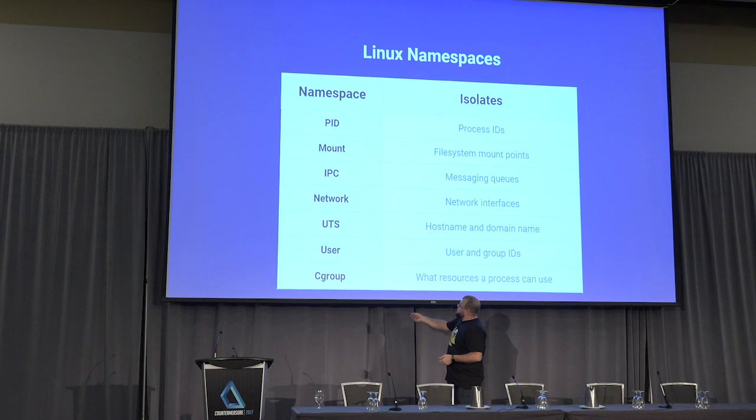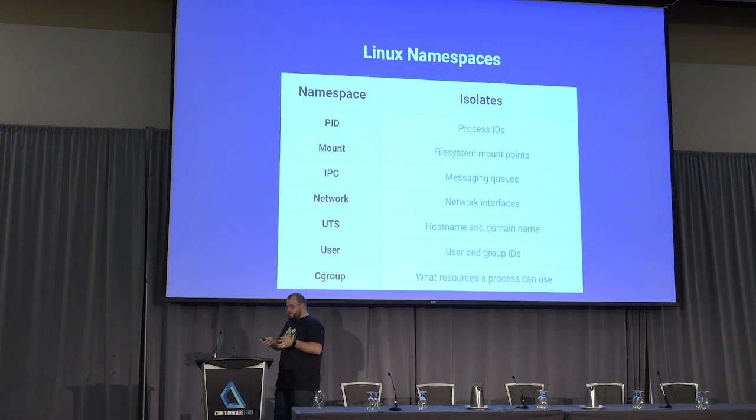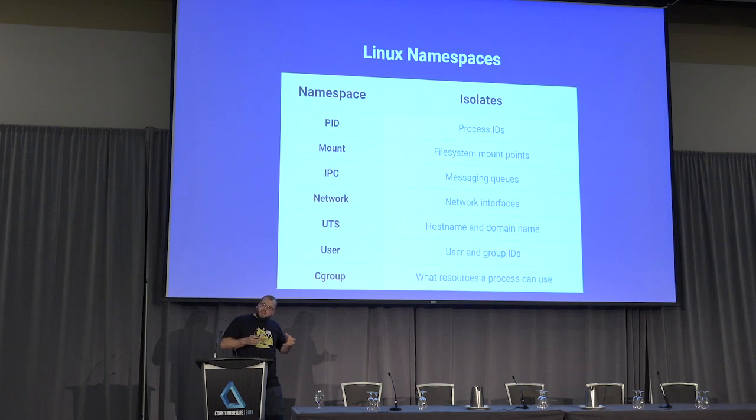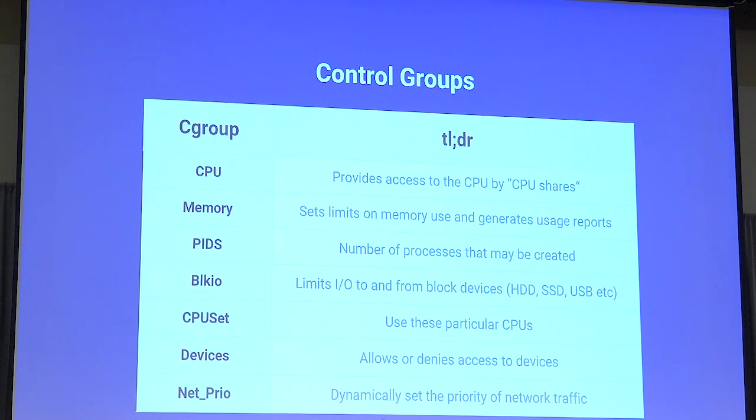whereas in the container, you're going to be assuming that you're root. And we can do this with a number of the different namespaces, so we can really isolate what a process can see. And that's really what a namespace is. It's sort of described as, what can my processes or what can my container see? So if we can isolate these primitives, we can also isolate them with control groups, what these processes can do.